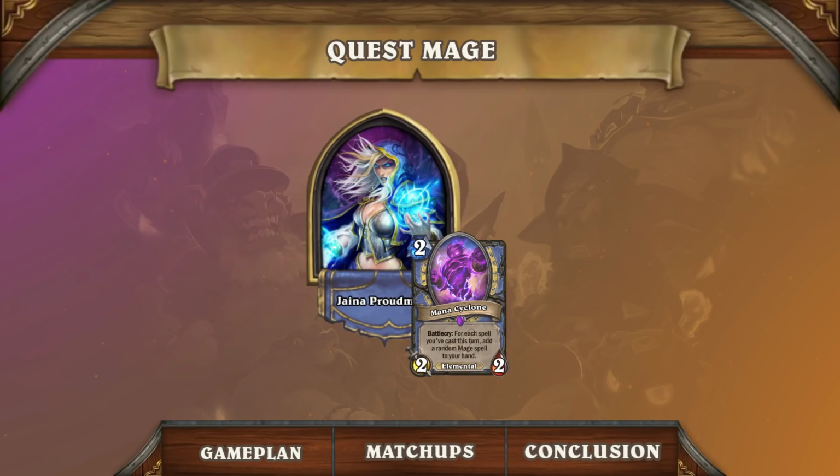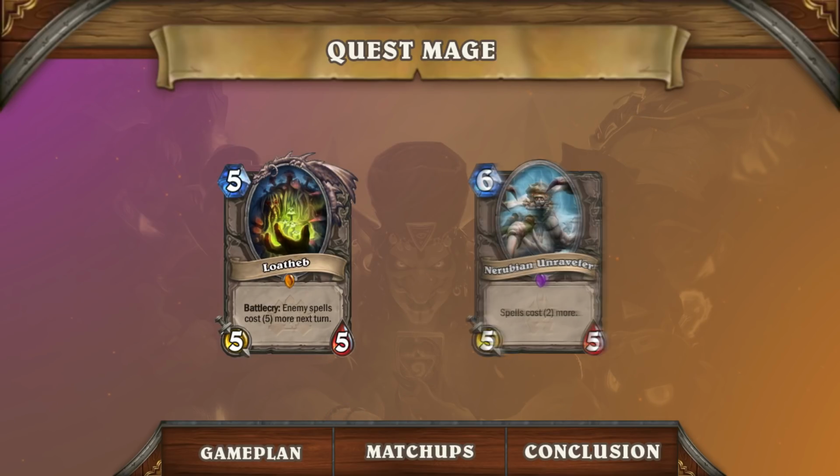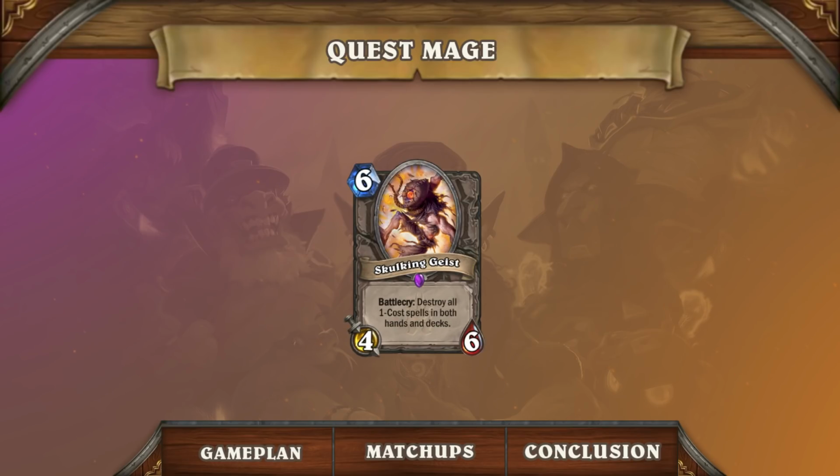As Quest Mage becomes more popular on ladder, savvy players are starting to equip themselves against the matchup. In addition to having trouble against fast aggro, Quest Mage can also be weak to spell jamming cards like Lothar and Nerubian Unraveler, since the mage is heavily dependent on playing a critical mass of spells in a single turn. Another common tech card against mages is Skulking Geist. Since the mage plays a wide variety of one-cost spells, a